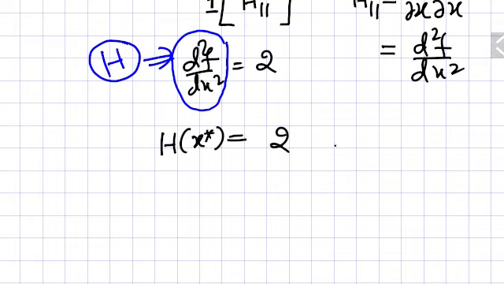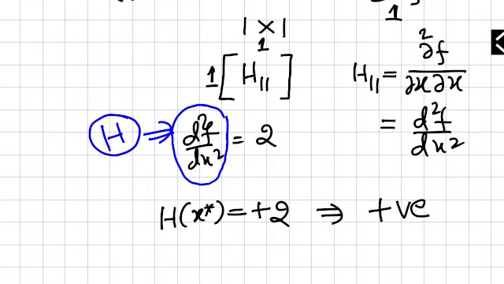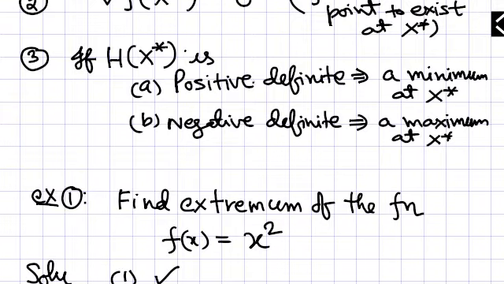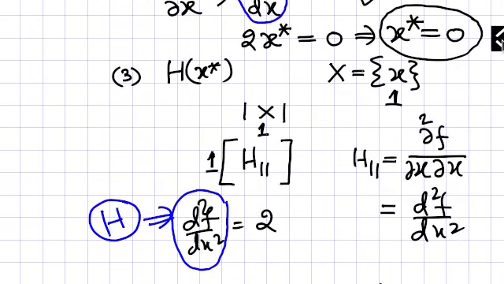So now, here we have got the Hessian matrix equal to 2, and it is positive. Its eigenvalue we don't need to find for a single-element matrix, it is just positive here. You can directly decide in the case of only one element. If it is positive, then it is positive. So according to our condition, it is positive definite because it is positive. So it is a minimum at x = 0.